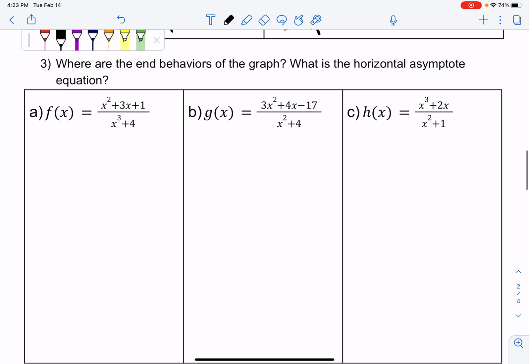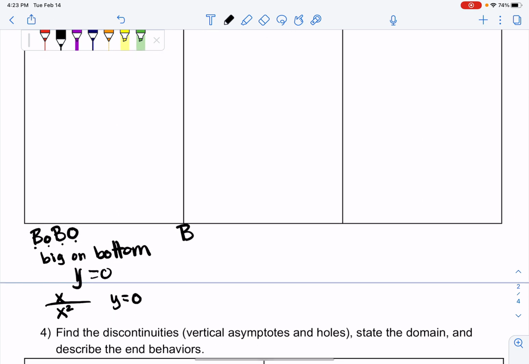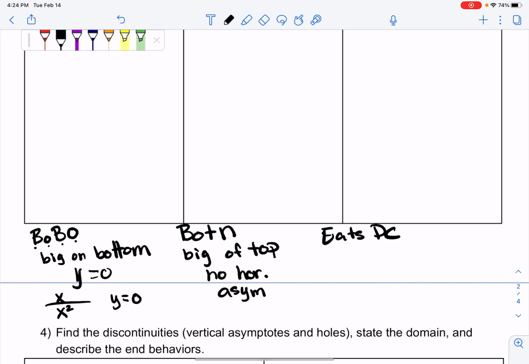function. Then we have BOTN, bigger on top, no horizontal asymptote. So bigger on top, no horizontal asymptote. And lastly, EATS DC, which stands for exponents are the same, divide the coefficients. And these are the leading coefficients attached to that degree or the highest exponent value for your